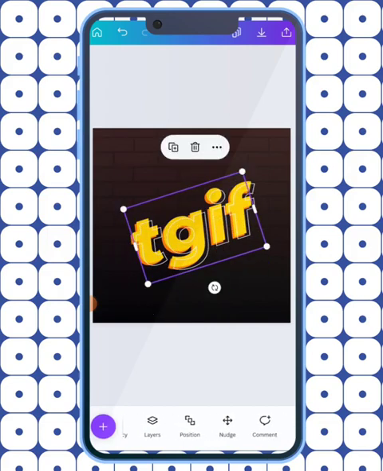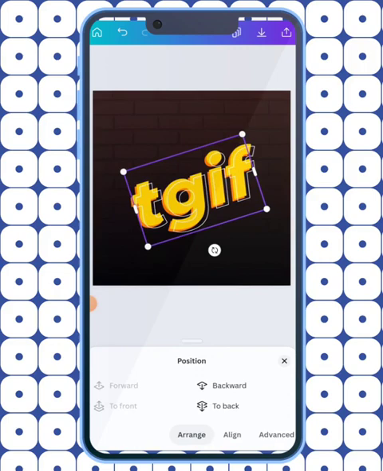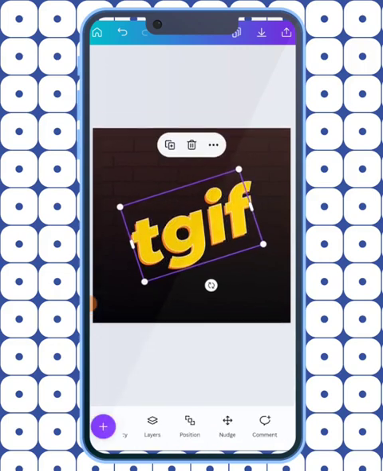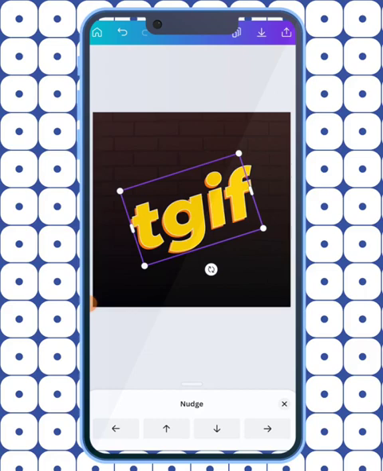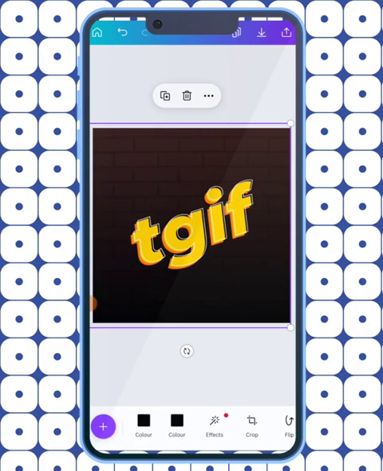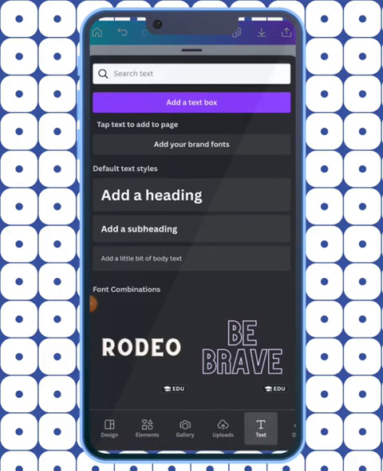So I'm going to use the position tool again, align, center, middle. Then I'll use the notch upwards. We go upwards this way, then we go to the right this way. All right, so guys, we are now having this one. Okay, so the next thing that we are going to do is to tap on the plus sign and then